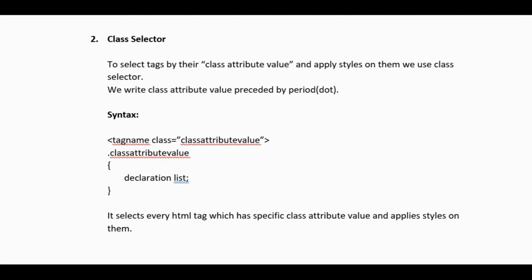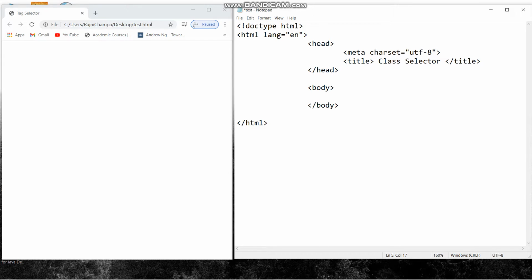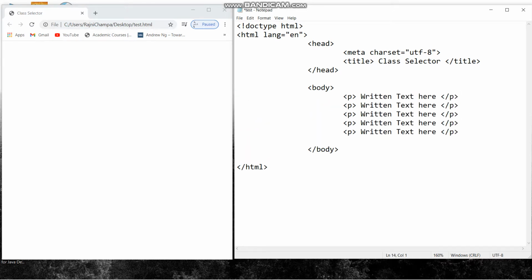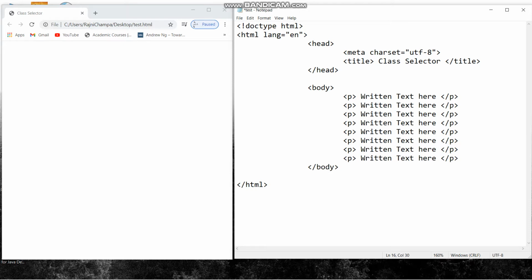Now let's continue with our application. So here I will change the tag selector to class selector, and you can see that class selector is blinking. This is what meta charset is. Meta charset is the metadata of the data. So within the body I will create a paragraph tag, and then I will write the text "written text here" inside it, and then I will close it. Then I will copy it and paste it a few more times. Okay, that's good. Now file save, go to browser. Here it is, written text here,